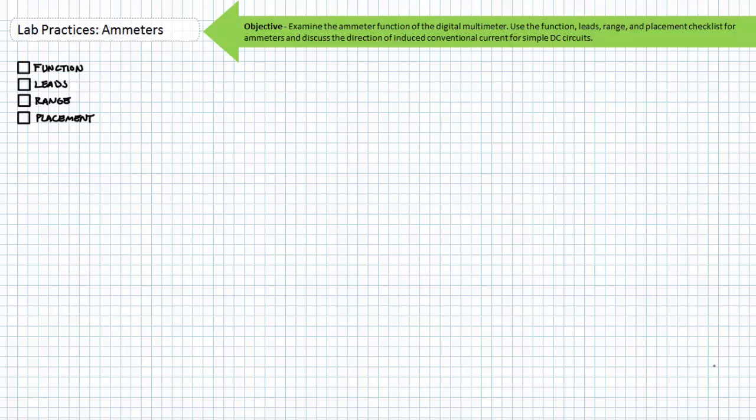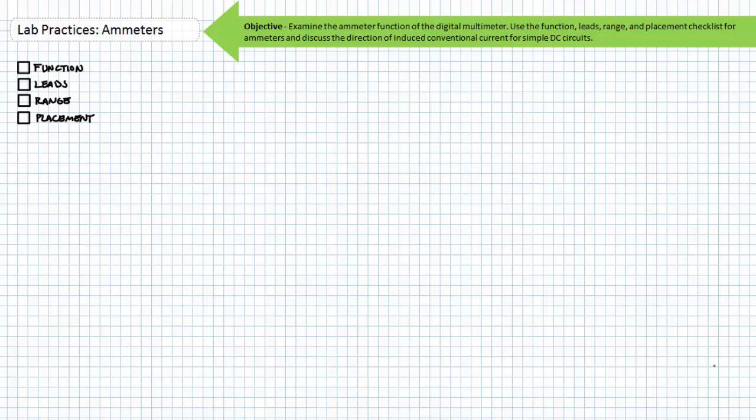I'm your instructor, Jim Pytel, and today's topic of discussion is the ammeter. Our objective today is to take a quick look at the ammeter function of the digital multimeter. We'll use the function, leads, range, and placement checklist for ammeters and discuss the direction of induced conventional current for